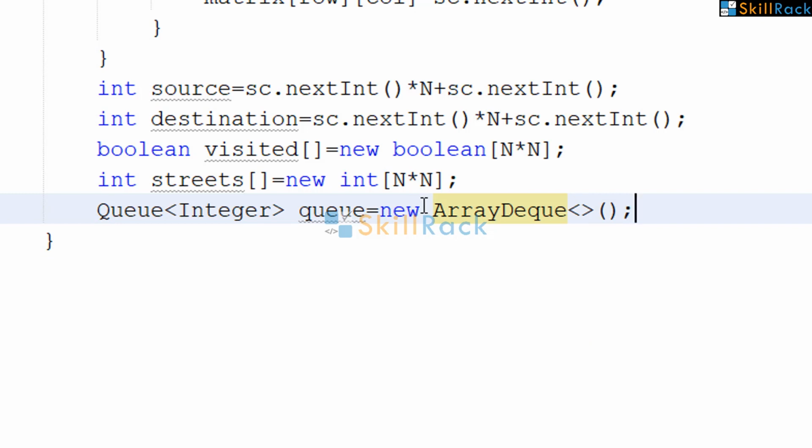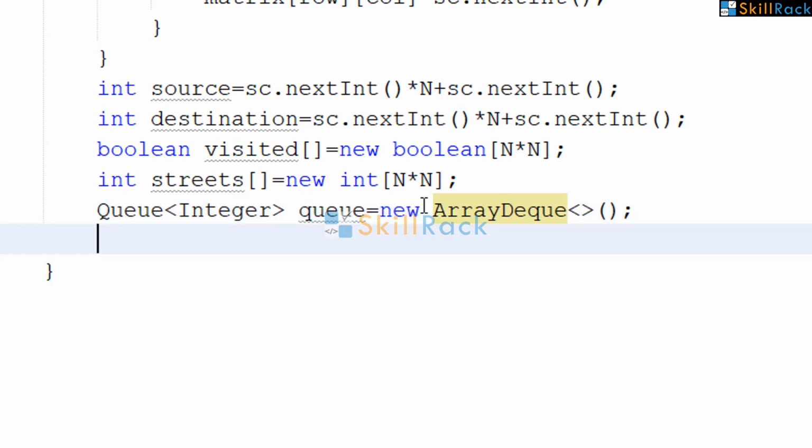So we have used the instance of ArrayDeque. So depending on the programming language you are using, please modify the code accordingly. In C, if you are trying out, you have to have your own array based queue implementation. But to solve problems like this, we would generally prefer Java, C++ or Python.